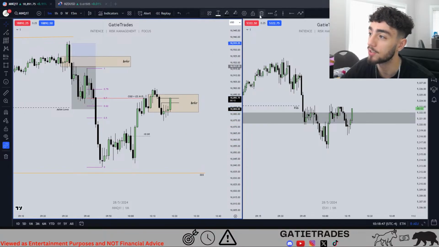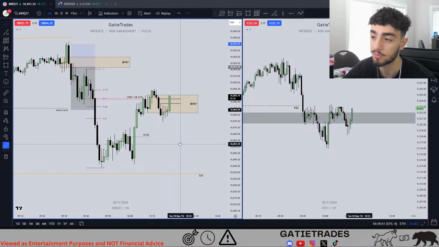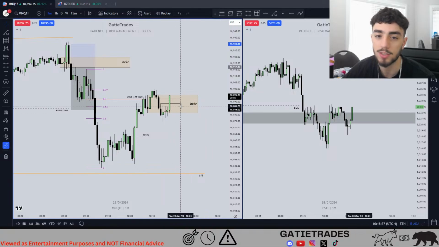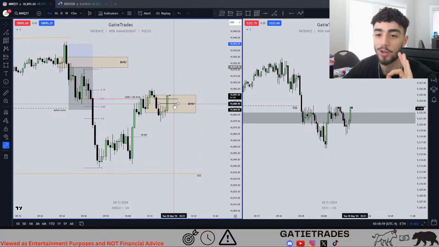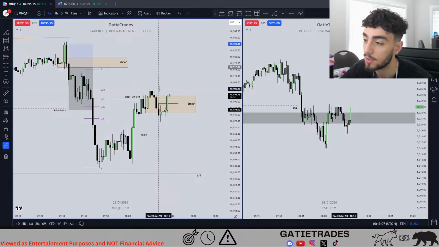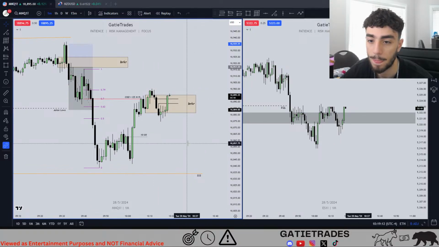Bro, you can't lie. Don't lie to me, guys. For some reason, this orange box paired with these two black lines just looks clean. Something about this just looks on point. That's not a good reaction though so far. So I don't know where your stop loss is, but it might have just been tagged.